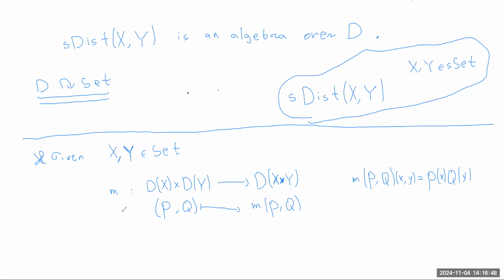This multiplication, first of all, is natural. Let me tell you what that means. It means that it's not only good for objects, it's also good for morphisms. If we have a map from X to X prime and another map from Y to Y prime, then going by this multiplication,